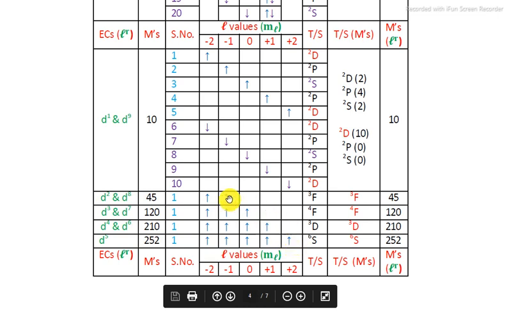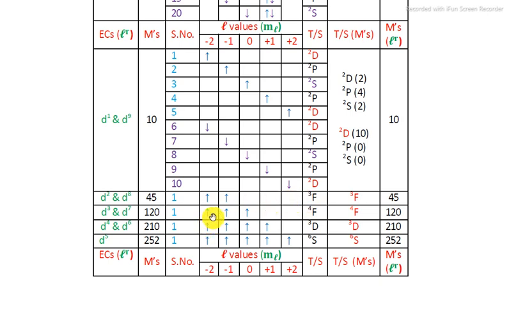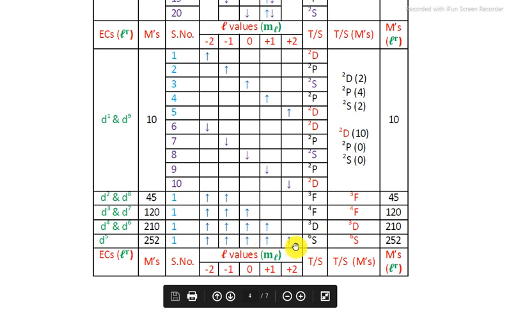Let us see the number of unpaired electrons 2, total spin multiplicity is 3. Number of unpaired electrons 3, total spin multiplicity 4. Here 4 unpaired electrons, total spin multiplicity 5. Here 5 unpaired electrons, total spin multiplicity 6. Let us see the term. Here all the 5 orbitals are partially filled. The capital L value is 0, the term is S, 6S. 6S is the ground energy term or state for the D5 electronic configuration.